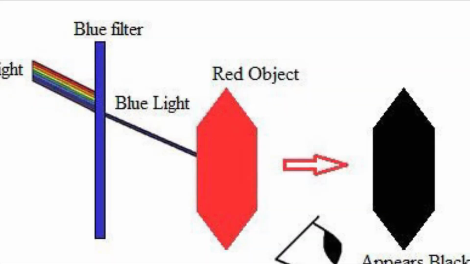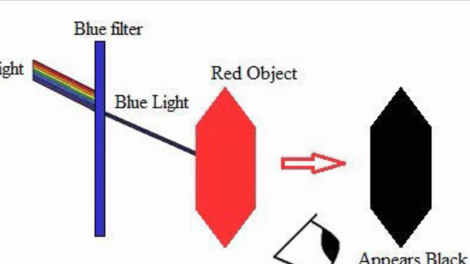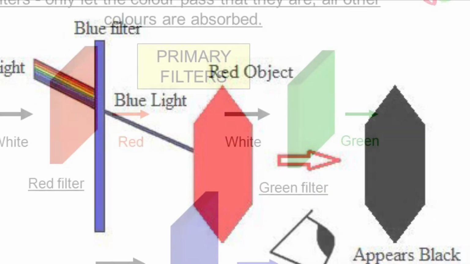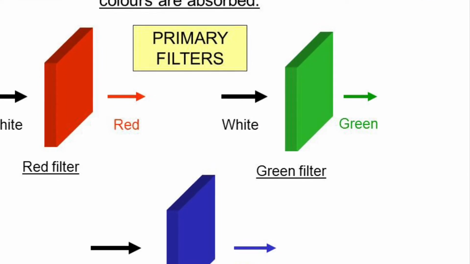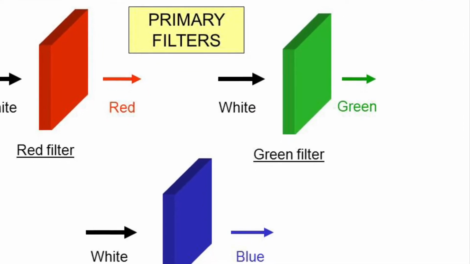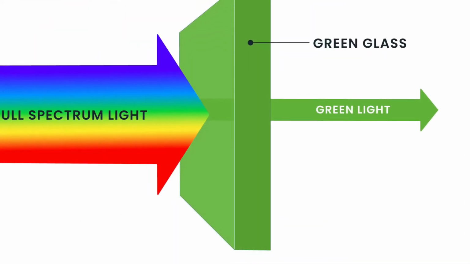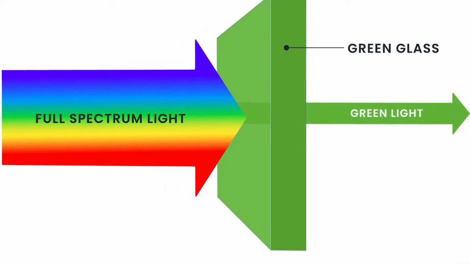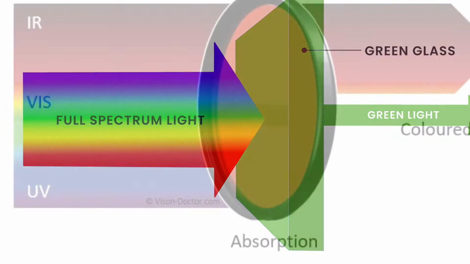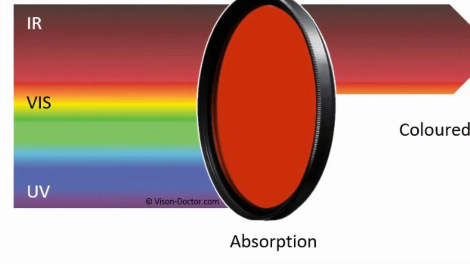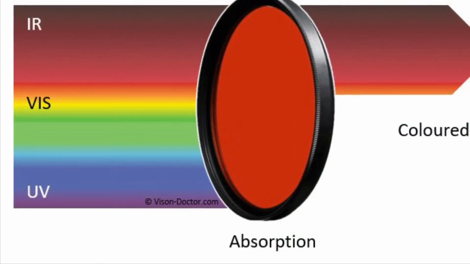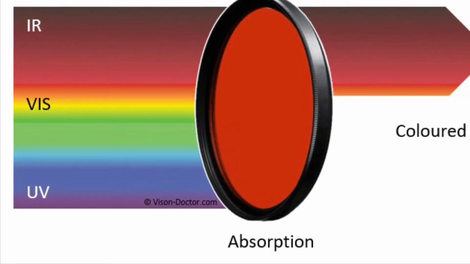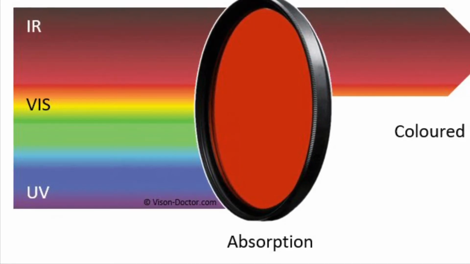In this experiment, we will use lasers and filters to see how various filters interact with various colors of laser light. The filter will either block or absorb the light, or it will allow it to be transmitted, to pass through. A filter is a transparent material that selectively absorbs certain colors of light and transmits the remaining colors through. Now we will drag and drop the various filters to a position between the laser and the screen. Then we will record our observations.